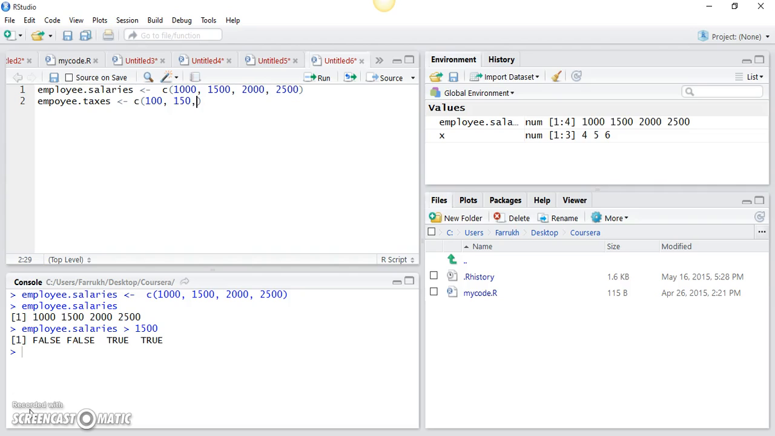So let's say employee 1 is paying 100 as a tax, employee 2 is paying 150 as tax, employee 3 is paying 200 as tax, and employee 4 is paying 250 as tax. So now that we've got these two vectors, I can apply an operation to these two vectors and get the result in a variable called